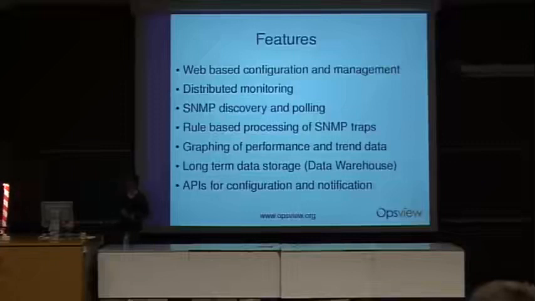We also have graphing of performance and trend data within Opsview, so you can see over time what the utilization is of your storage network. You can see what CPU load is over time. And we have a long-term storage database, the data warehouse, which you can use to do some analysis and generate